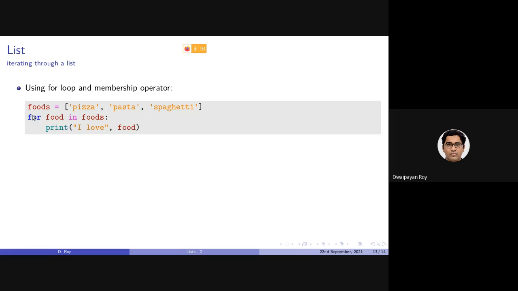Here similarly, for food in foods, note that this foods is basically the list, and this food is called a placeholder. In this case, this is the sequence, which is a list. From this sequence, we are considering individual items in this food, and I am printing them.